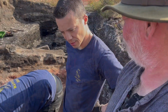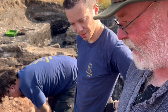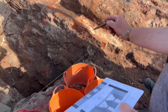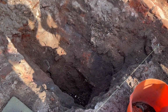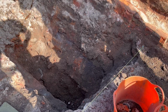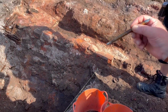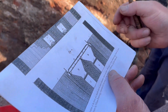Right, Gary. This is a turn up, isn't it? This is exactly as Brownrigg drew this. It is going vertical, isn't it? From where you're down, it's just going straight vertically down into a rectilinear slot. So we were thinking we were coming to the bottom of this ash pit, where in fact we're nowhere near the bottom. And it's almost as you've had from your copy of the book, what Brownrigg drew is we've got